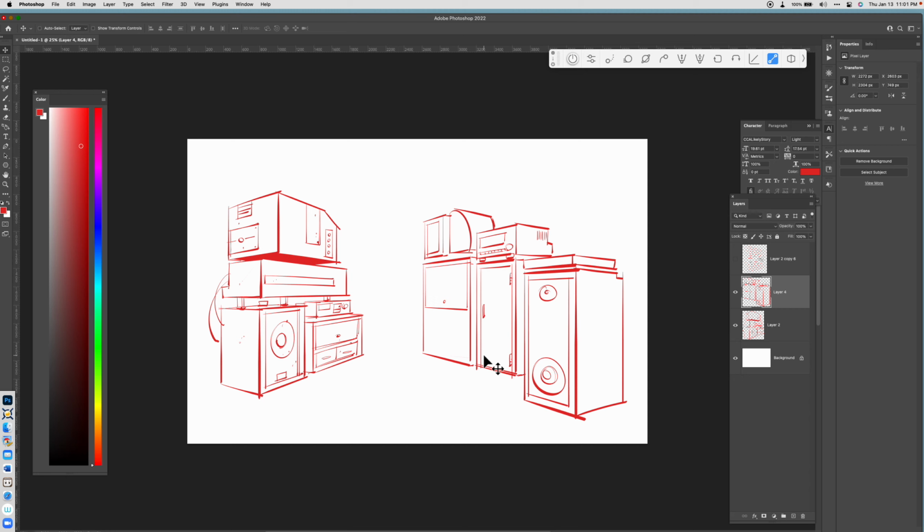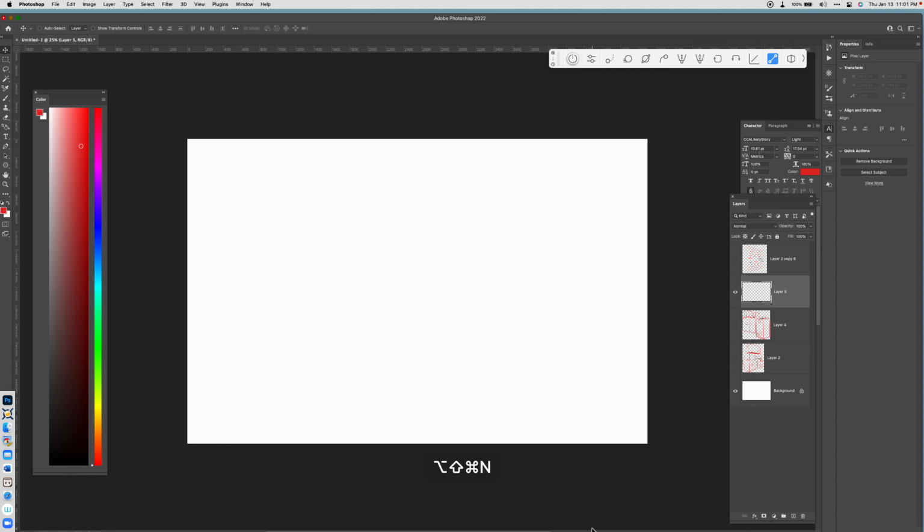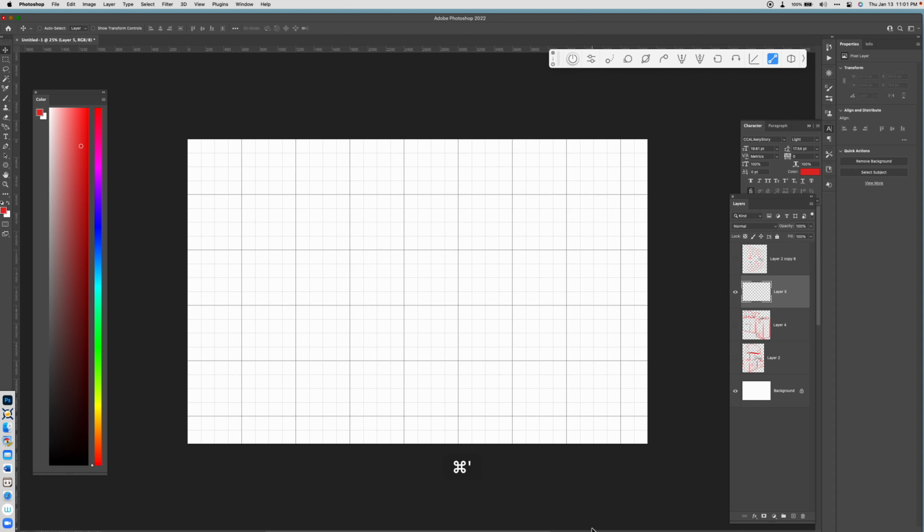I'm pretty stoked to share with you a technique for making a room full of equipment in two-point perspective. So let's go ahead and get started. We'll turn on our grids to help us out. You can do that by hitting Command single quote,